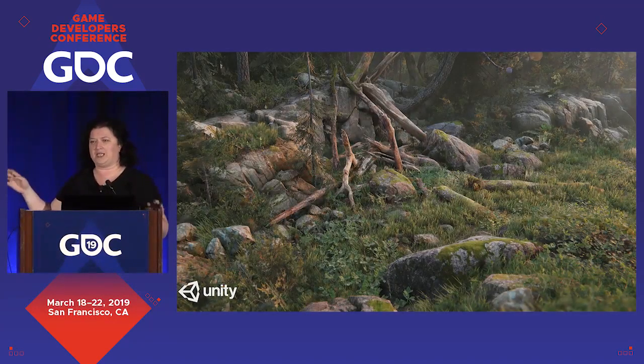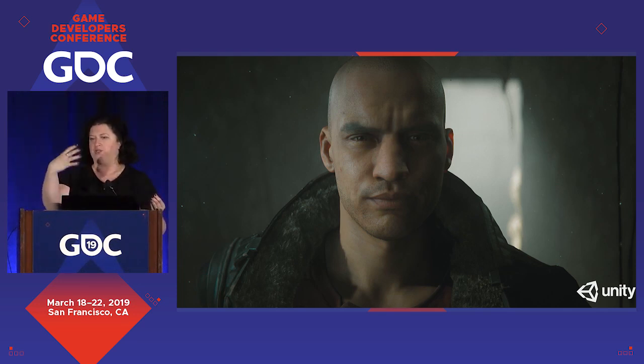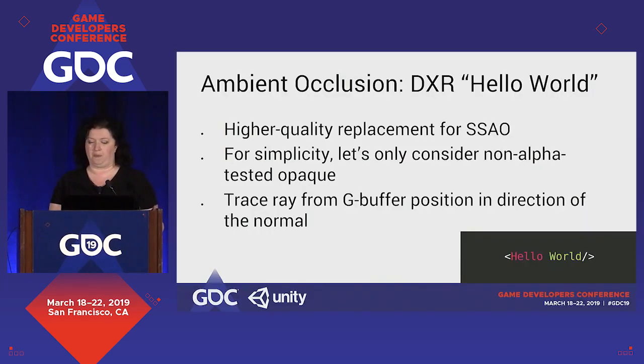Real production content is a tad different from those spheres. You have immensely varied material types, and accounting for the surface shader that I was just showing you is a must. However, we now need to deal with the vast permutations of material types: opaque, opaque alpha tested, so you see lots of that here, transparent, eyes, and so forth, double-sided, and many more. As we go through our effects on ray tracing, keep these in mind because we're actually trying to solve it for a production that isn't limited to opaque spheres.